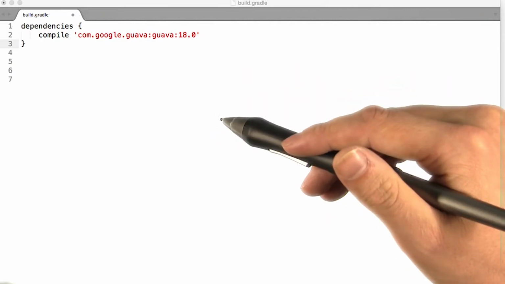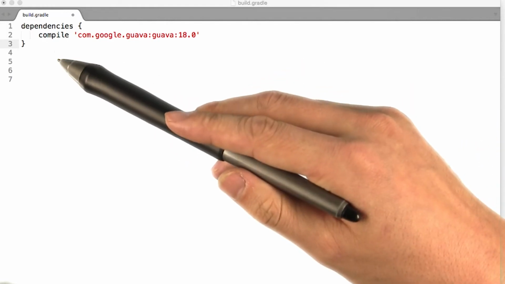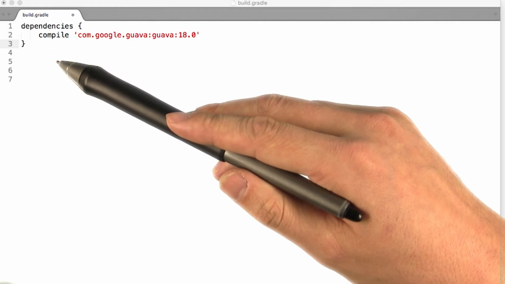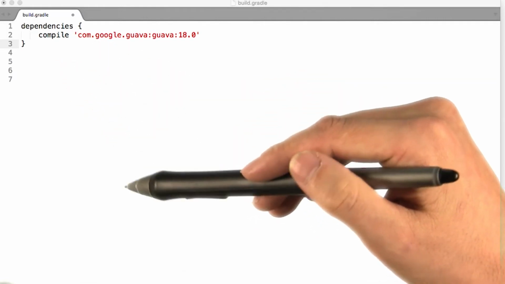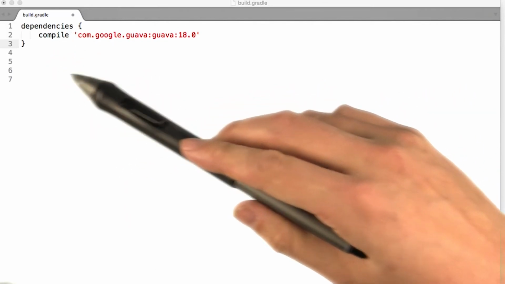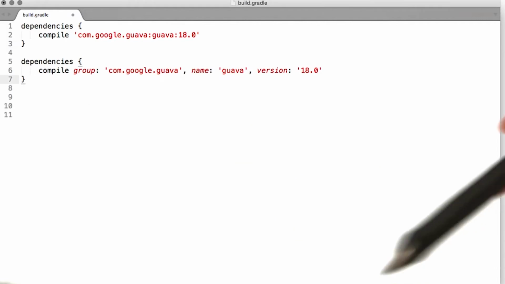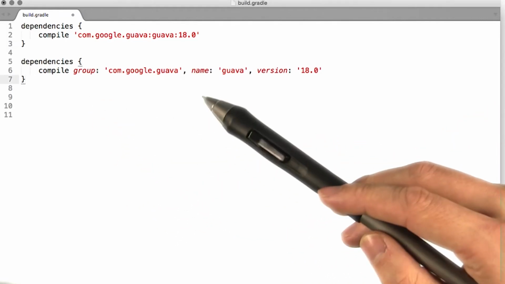related dependencies. For the examples here, we'll be adding dependencies to the compile configuration, which is added by the Java plugin. Dependencies are configured in the dependencies script block. The syntax used is the name of the configuration we want to add the dependency to, followed by a dependency notation. We can also use a Groovy map syntax to identify dependencies, again by their group, their name, and their